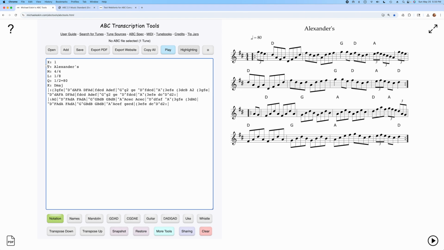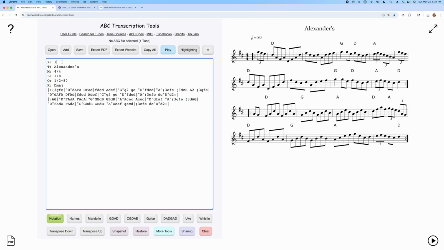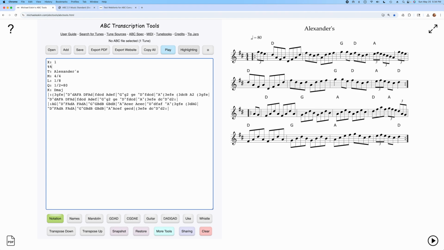ABC has extremely robust support for being able to set the fonts used in the notation for all the various elements of the notation. For example, the titles, any subtitles, the composer. If you have any text in the ABC or you're using lyrics for songs, you can set the font for each of those elements. So for example, for the title, you would use the title font